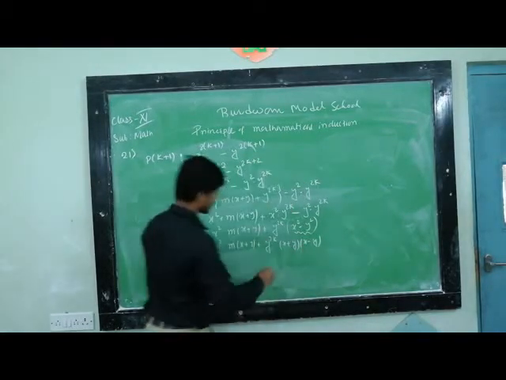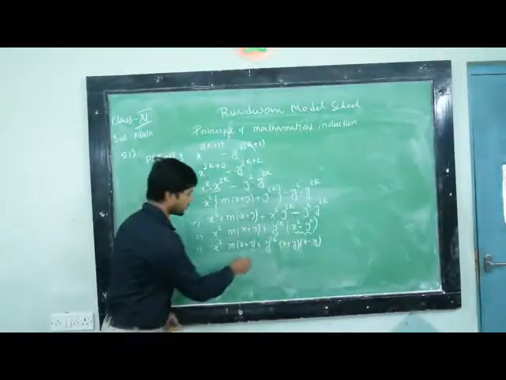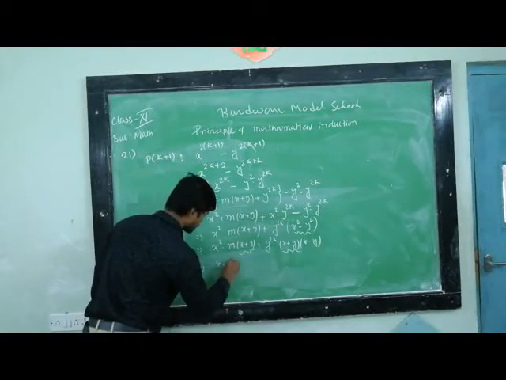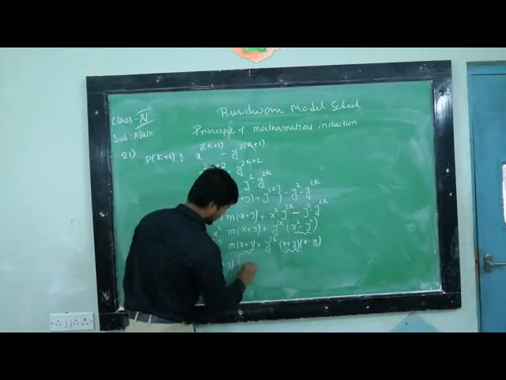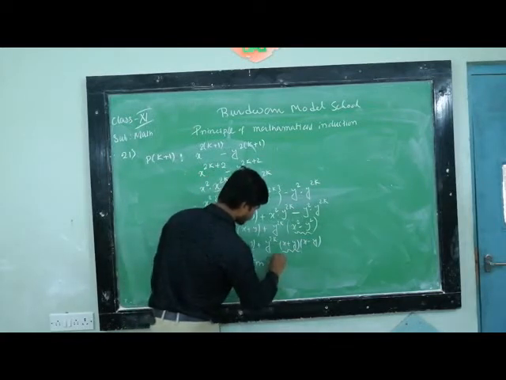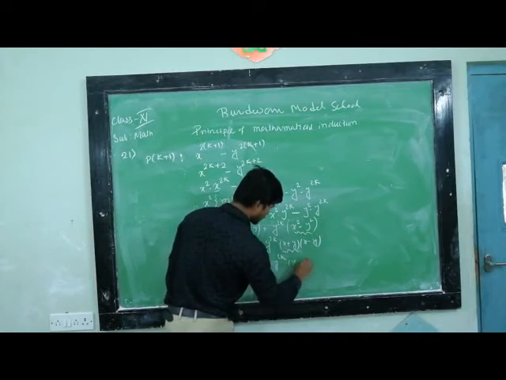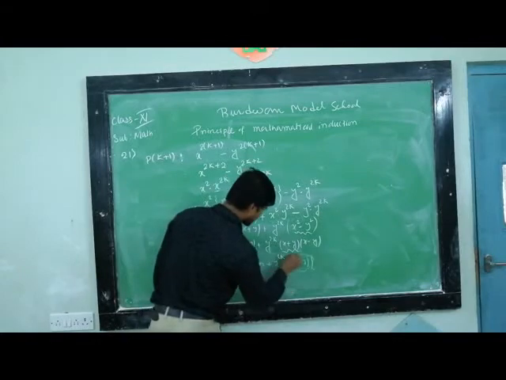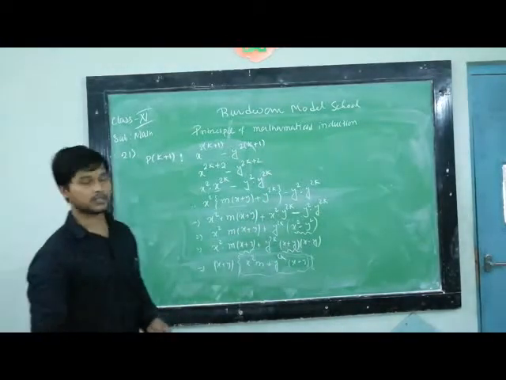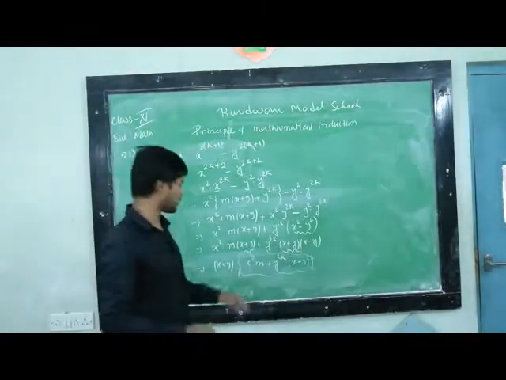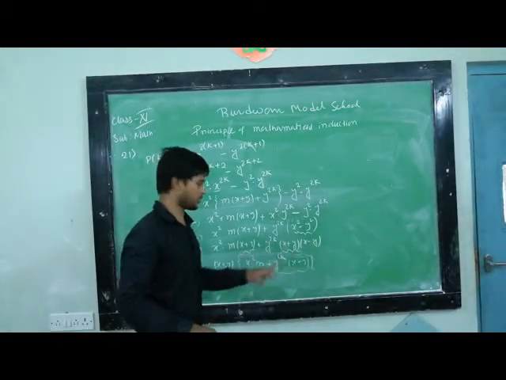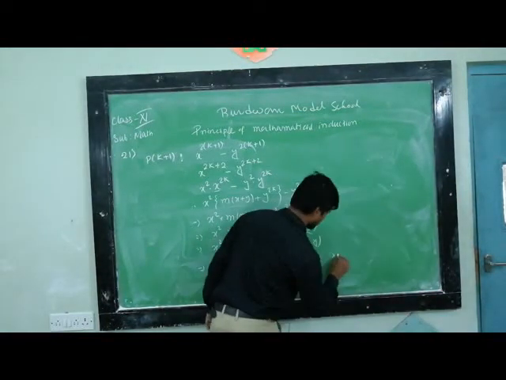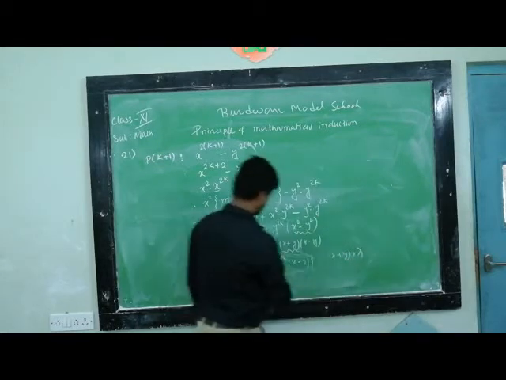From the last line we can take x plus y common. So x plus y into x square into m plus y to the power 2k into x minus y. Now this term is an integer because x is an integer, m is an integer, y is an integer, k is an integer. So the expression in the second bracket is an integer. So this can be written in the form x plus y into lambda. Let this term be lambda.